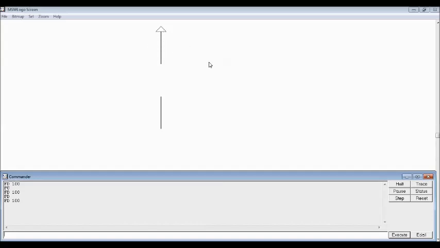Okay. Now let's change the turtle's pen from pen to an eraser. We want to erase this particular line. For doing that, first we need to change the turtle pen from pen to an eraser by giving the command PE. So simply type PE and press enter.